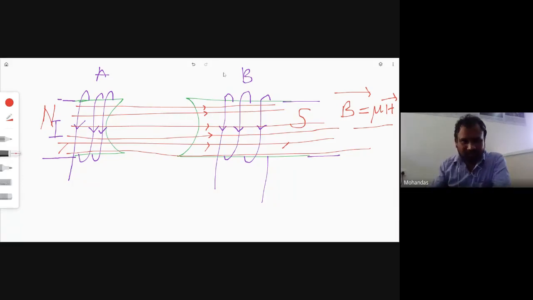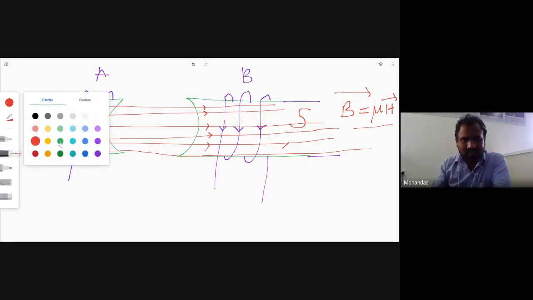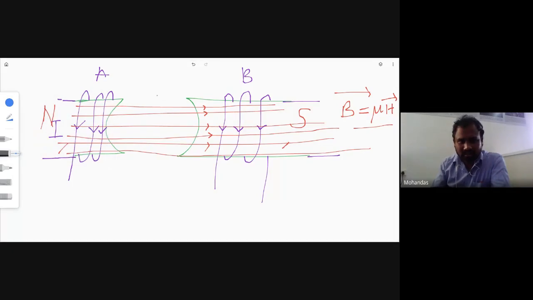Now come to the first case. What is the first case? Straight conductor. Suppose you take an armature slot, how is the conductor placed on an armature slot? So imagine I am taking one conductor. Imagine it in three dimensions. This is what? A straight conductor.